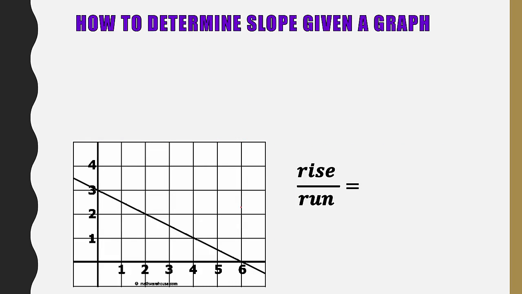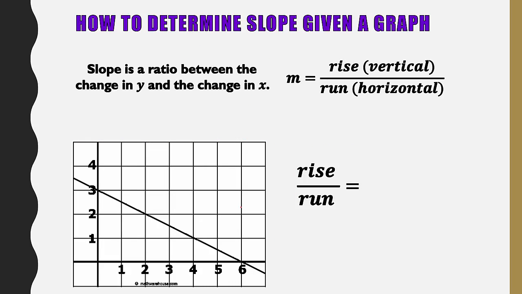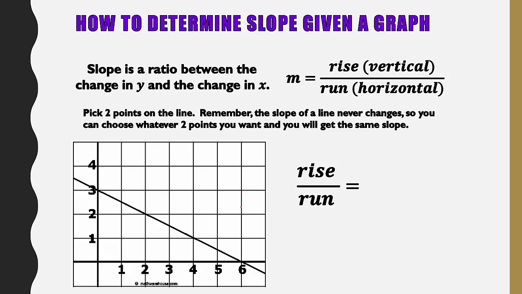As far as how to determine the slope of a given graph, we have done this a number of times. Remember that it is rise over run. Rise is your vertical change, run is your horizontal change. You could pick any 2 points on the line you want. So if I chose these 2 points, this would be 0, 3, and this one would be 2, 2. You could either look at it and just say, okay, I'm going down 1 and right 2, so since I went down, it's a negative 1, which would make it negative 1/2,